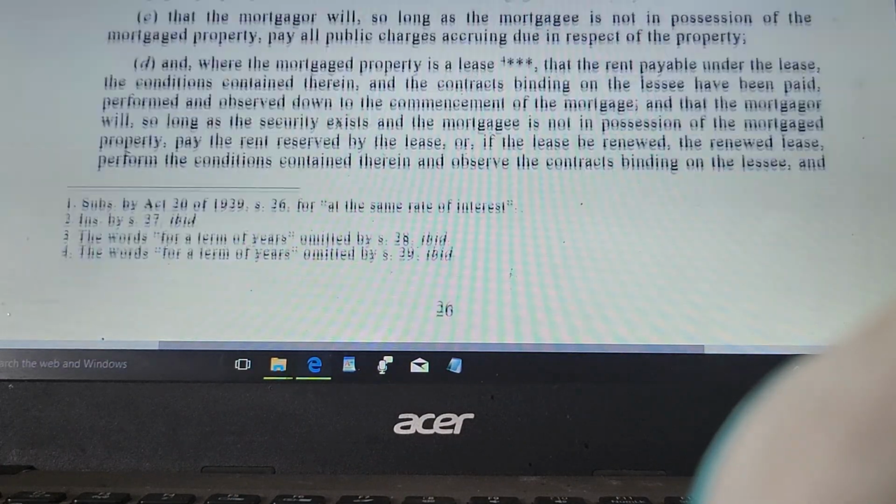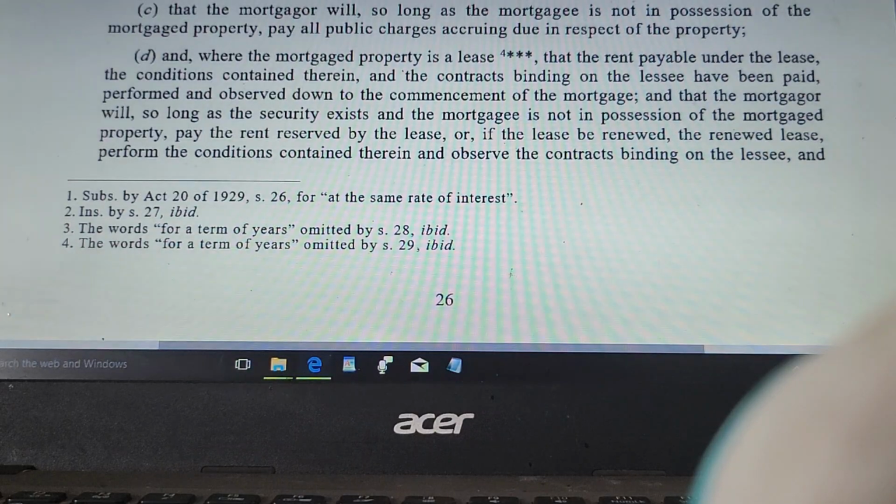D. And where the mortgage property is a lease, that the rent payable under the lease and the conditions contained therein and the contracts binding on the lessee have been paid, performed, or observed down to the commencement of the mortgage, and that the mortgagor will, so long as the security exists and the mortgagee is not in possession of the mortgage property, pay the rent reserved by the lease, or if the lease be renewed, the renewed lease, perform the conditions contained therein and observe the contracts binding on the lessee,